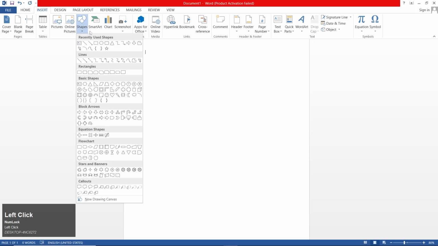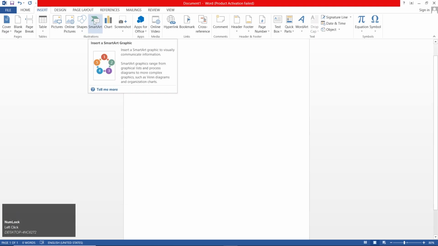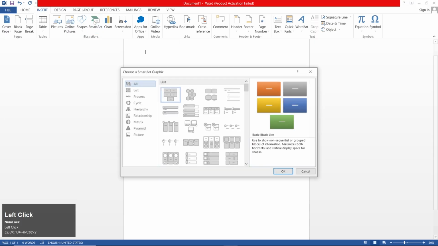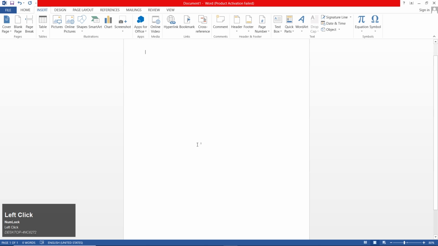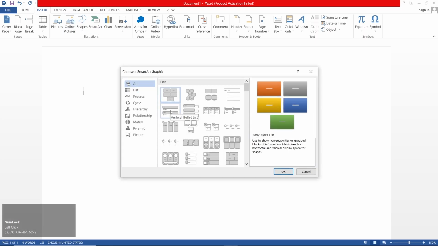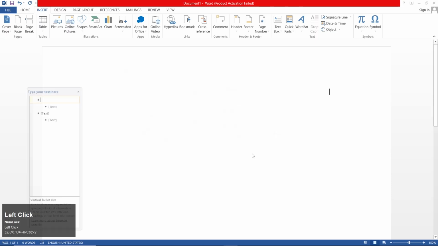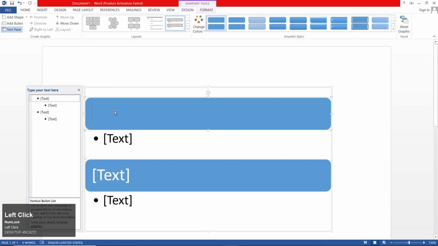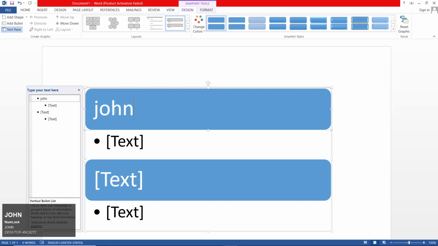Let's try to go for shapes. Shape is something where any shape you want, you can go and utilize according to your work. SmartArt is, I may say, a sort of design. Let me zoom it in a little bit. And try to go for vertical bullet list. John, class 7th, Johnson,